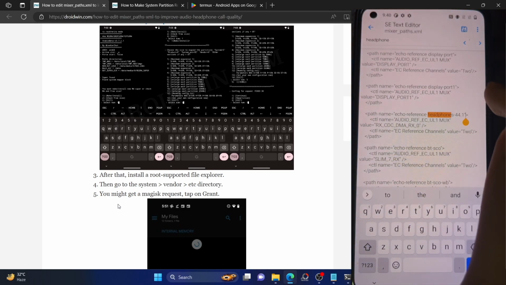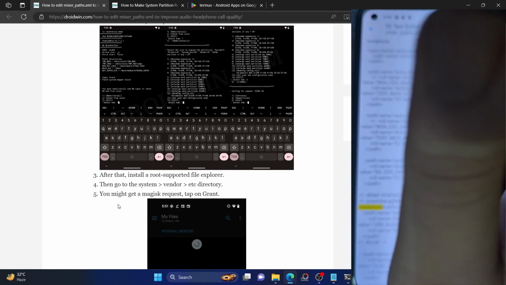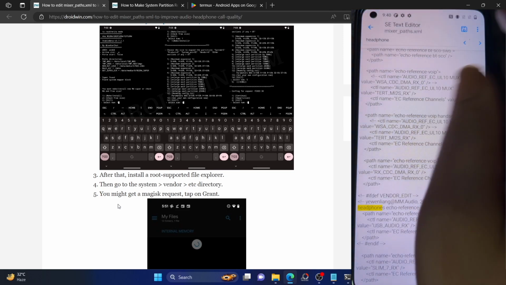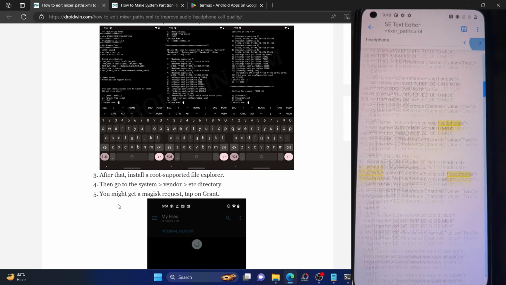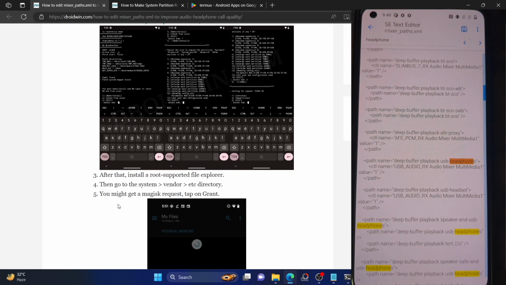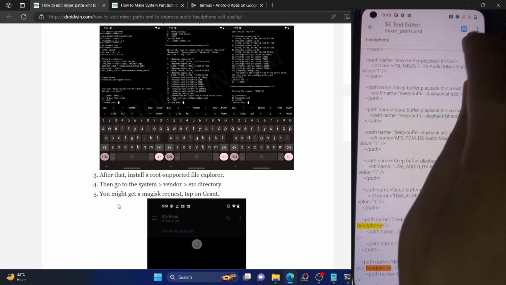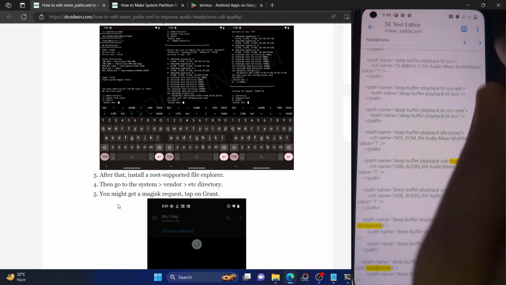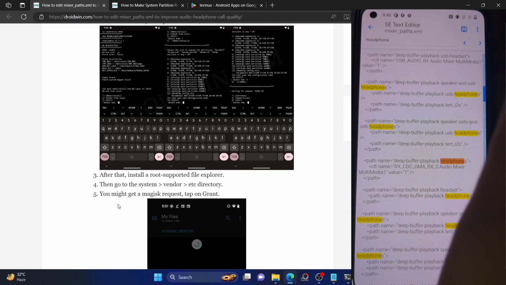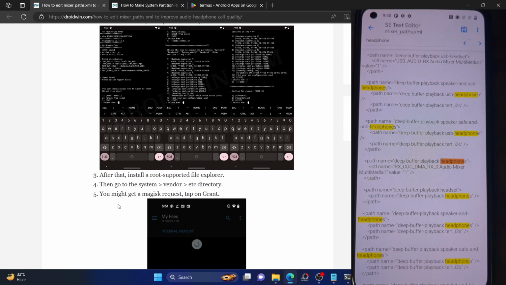Just make sure to remember the value, and also make sure that you remember the path name of that value, or else it will be quite difficult to remember it once again. The path name actually identifies the subset or the subsection of the value that you are about to change. You have quite a few other values as well.